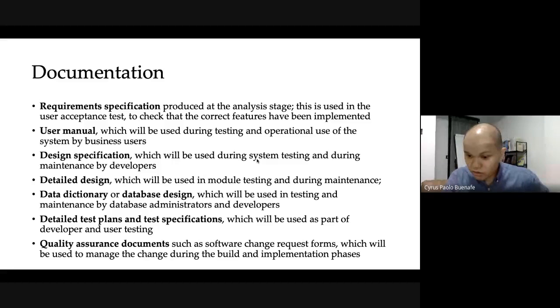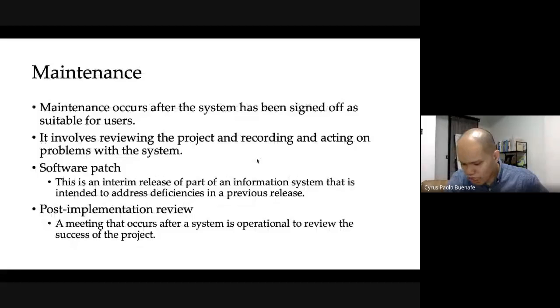Now, after you're done with the implementation, so build, and then implementation, now comes maintenance. So this is not the portion wherein you're done with the cutover. The system has been signed off by everyone. They're okay for use. They're already using it. It's already in production, as we normally say it. Okay, so something is in production. Now you move to the maintenance phase.